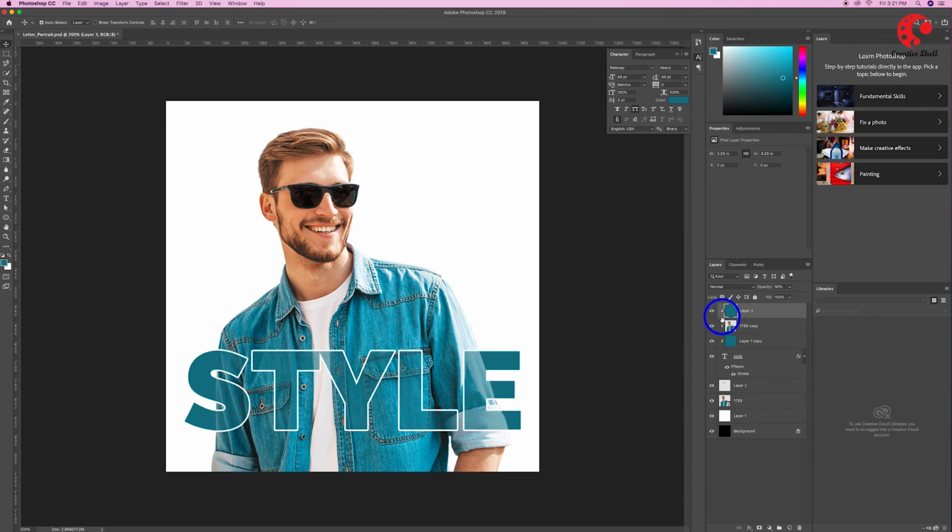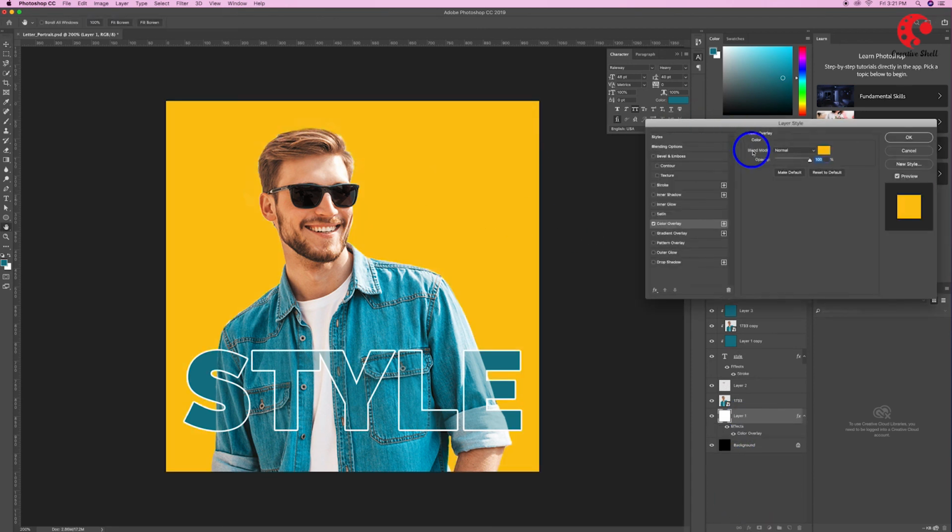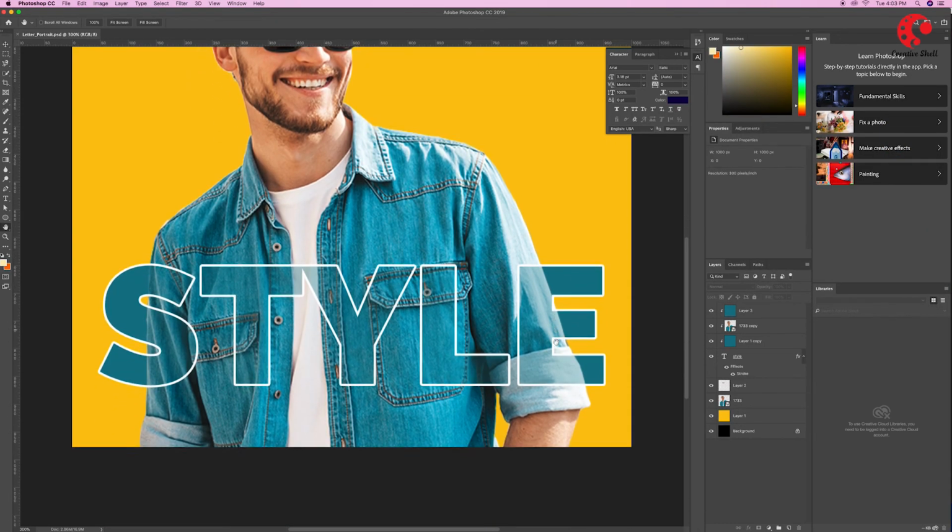Let's change the opacity of the color. You can press the number keys on your keyboard as a shortcut to change the opacity. For example, if you press number 3, your opacity will be 30%, or you can adjust the opacity directly from the right hand side of the toolbar. To highlight the image more, let's change the background color to yellow. And the letter portrait is ready.